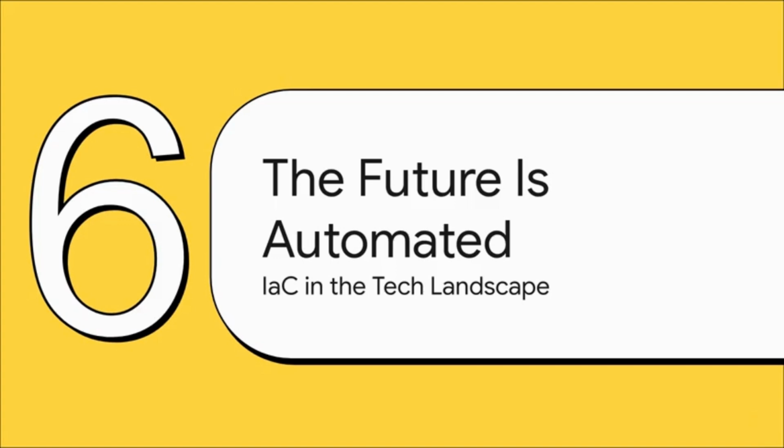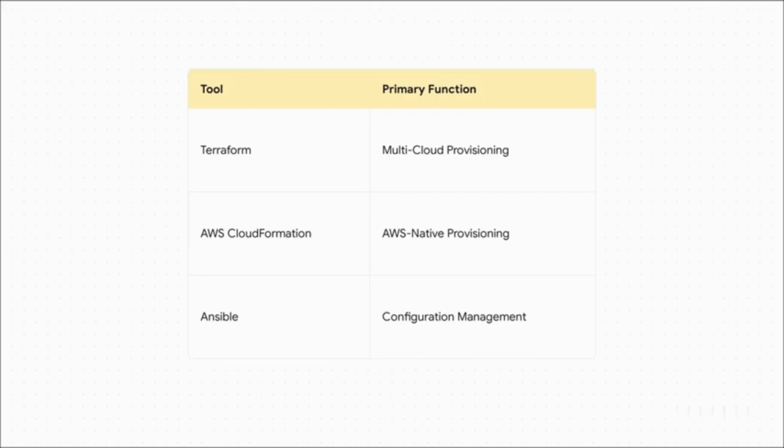The future is automated. IaC isn't just some passing trend. It's a core pillar of modern practices like DevOps, and it is absolutely essential for anyone who wants to operate at scale in the cloud. And you can see this in the tools that have popped up. You've got provisioning tools like Terraform that build the foundations, the servers, the networks. And then on top of that, teams often use configuration management tools like Ansible to actually install software and get those servers ready for action. It's super common to see them used together.